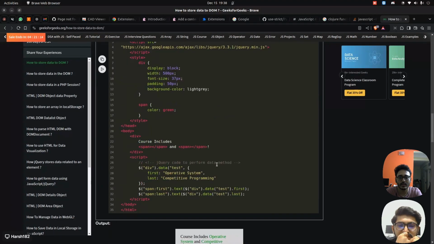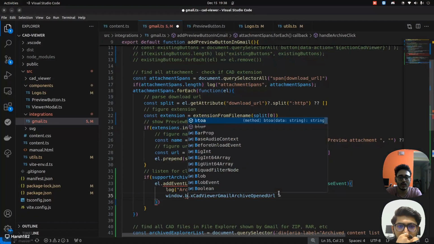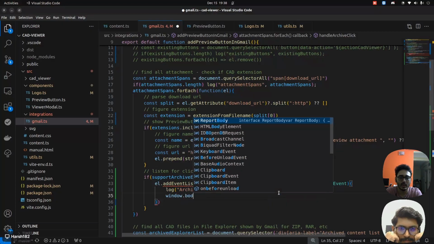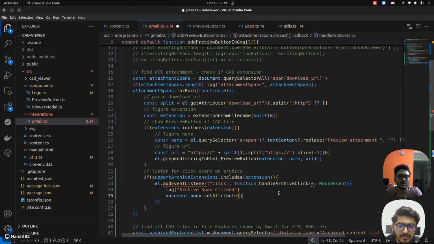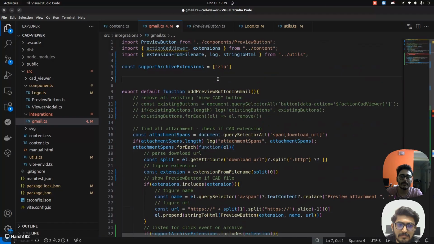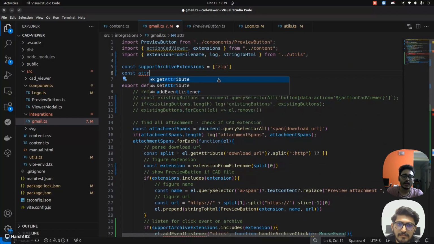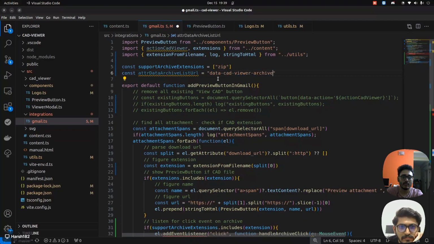मैं वो ऐसा करे क्या? विंडो डॉट बॉडी कर देता है, ठीक है। विंडो नहीं, डॉक्यूमेंट होता है ना, डॉक्यूमेंट डॉट बॉडी डॉट सेट एट्रीब्यूट, ठीक है। कांस्टेंट attr क्या रखे, डेटा आर्काइव एक्सप्लोरर, हाँ, आर्काइव लिस्ट यूआरएल, ठीक है। डेटा कैड व्यूअर आर्काइव जीमेल आर्काइव यूआरएल, ठीक है।